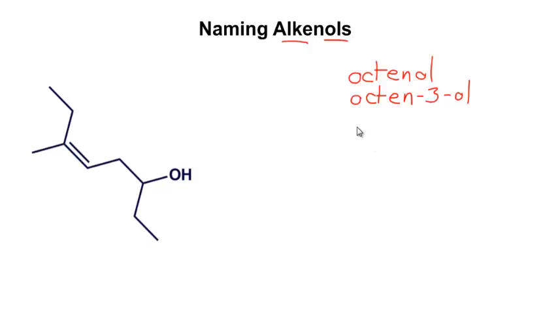The alkene is on carbon 5, so I'm going to do exactly the same thing there. I'm going to put the 5 right in front of the ene portion of the name, so the reader can tell the 5 refers to the alkene. There is also the fact that I have a methyl group here on carbon 6, so therefore I want to make sure that I put that on as well. So therefore the name here becomes 6-methyl oct 5-ene 3-ol. However, the name's not complete yet because I've got to figure out the stereochemistry about the